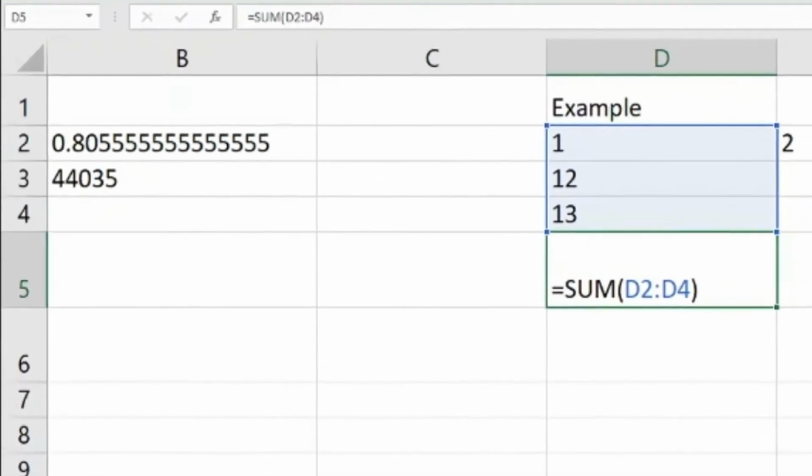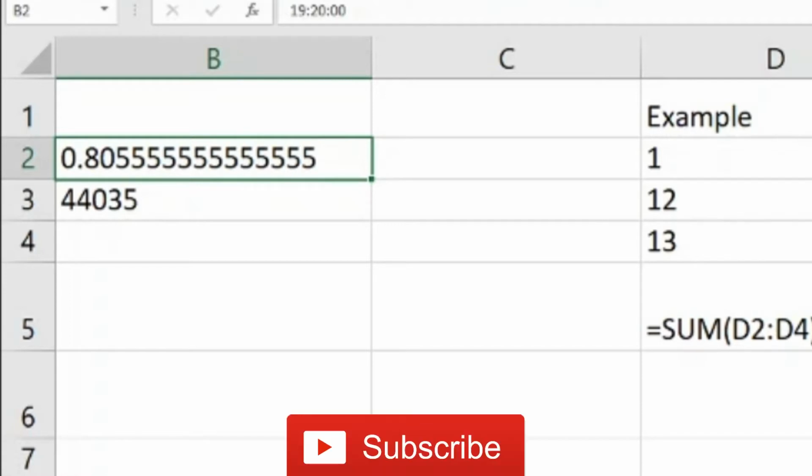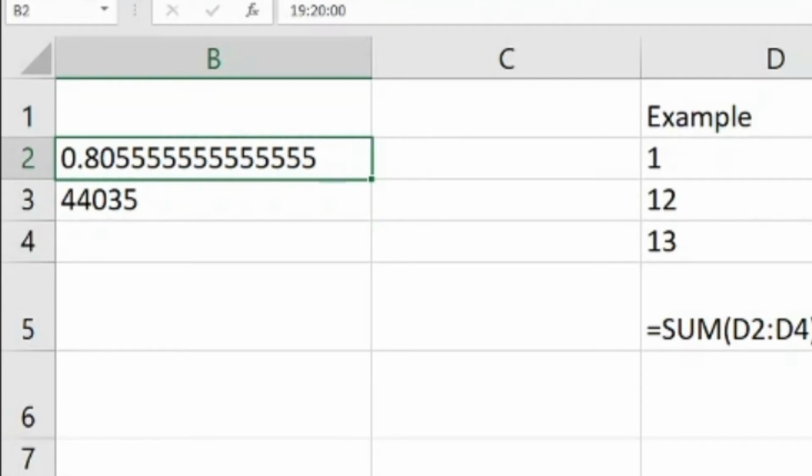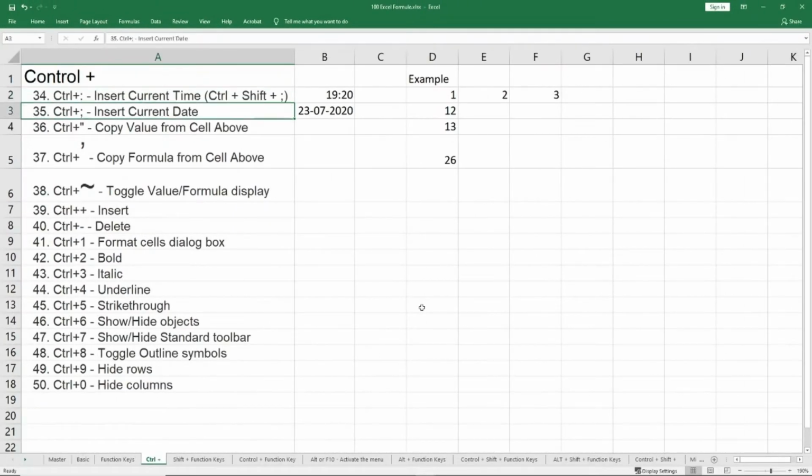So it is basically showing me the formula, and you might see that it has changed the date and the time as well. That is because in reality what we see as time and what we see as date, Excel looks at as decimals and integers. So 44305 is basically today's date when converted into the date format, and 0.8055555 is basically the time which I entered. So I'm coming back to the regular view.